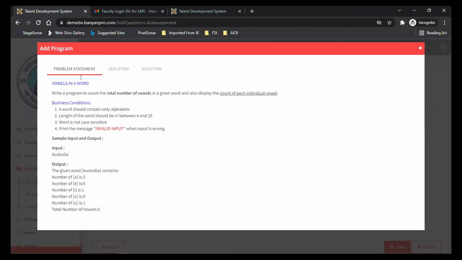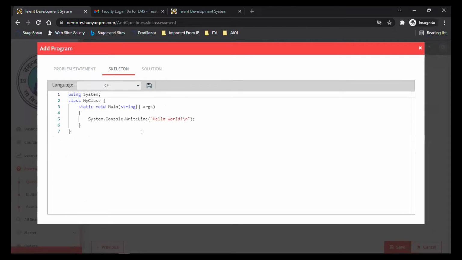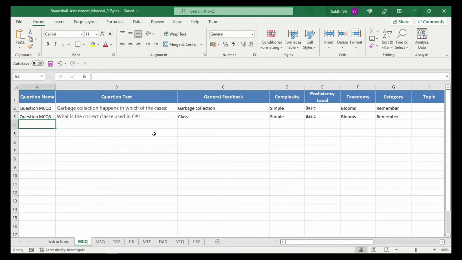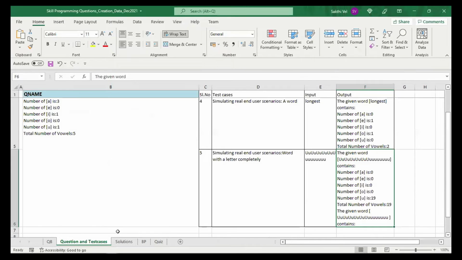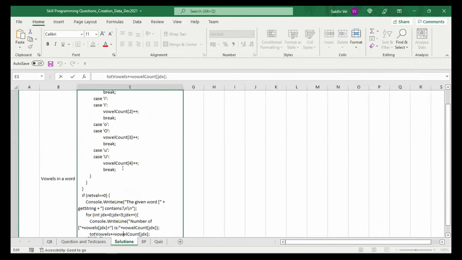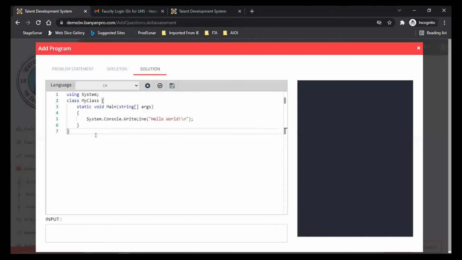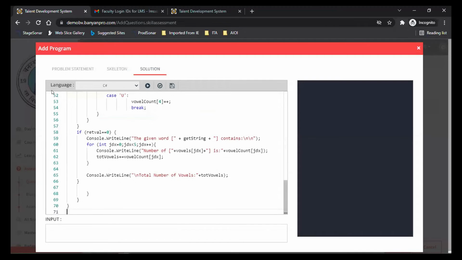And we can also provide the skeleton code, right? Using which they can start the program, and the actual solutions, right? Let me do the copy paste. It is already available in your template. I also provide the solution in the solution sheet. Just take this and paste it here. And I'm just validating, right, whether it is working. Because as a professor, I want to ensure that the test cases are validated. I'm defining proper test cases,